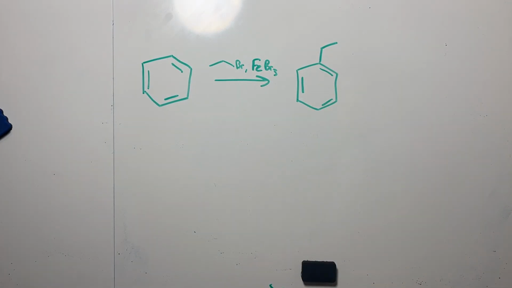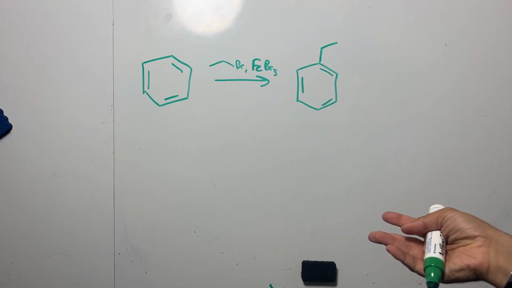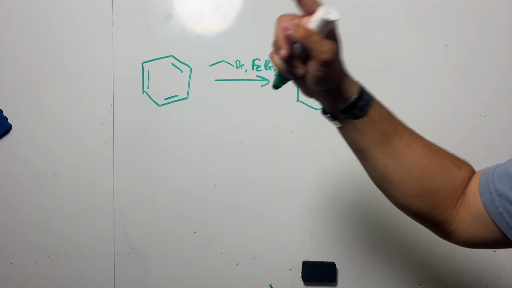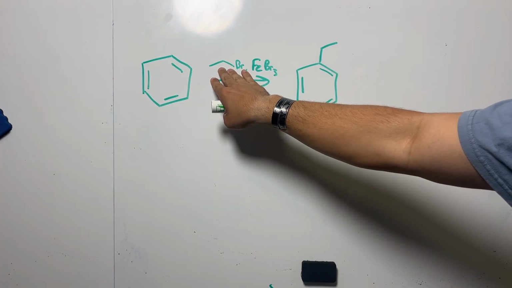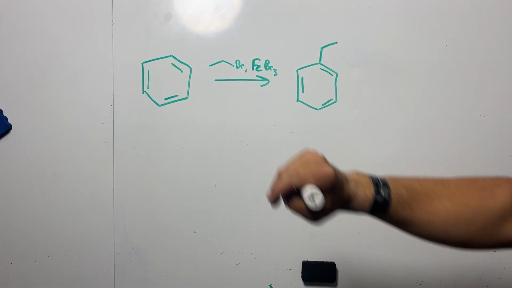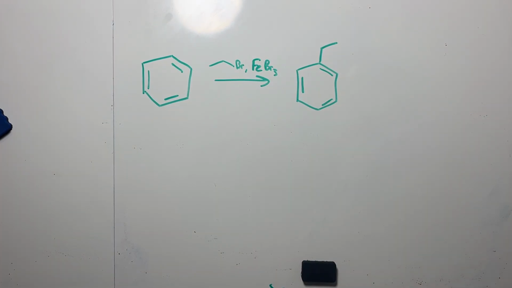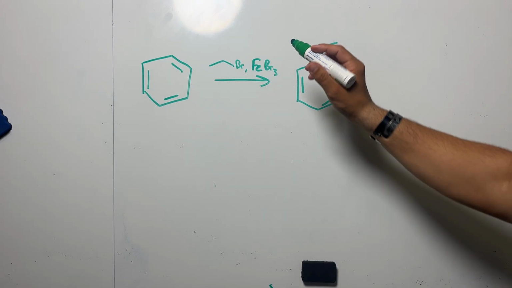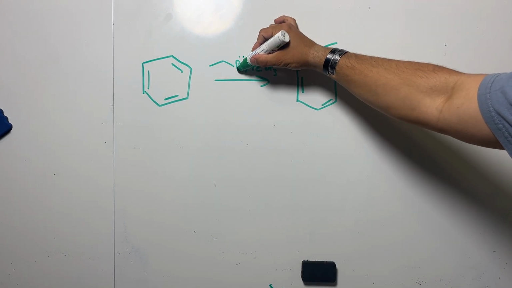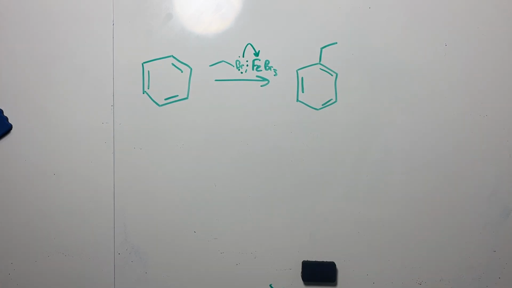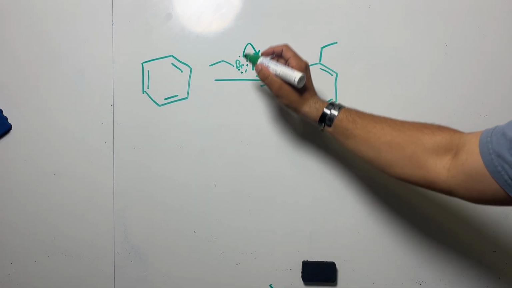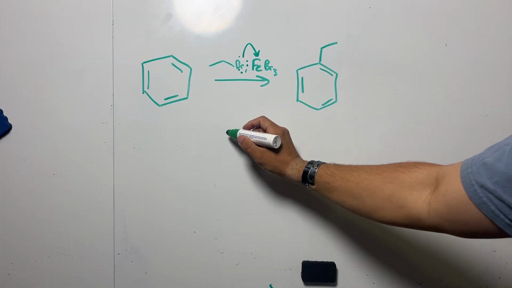Now sometimes you'll see aluminum trichloride as well. There's a chlorine here. But essentially it's a benzene ring, an alkyl halide, and then you have some metal trihalide that is a Lewis acid catalyst. So the first step is that our halide attacks our Lewis acid, and we form a complex like